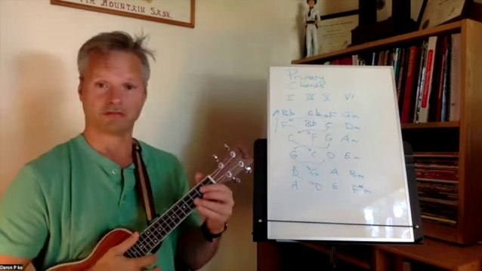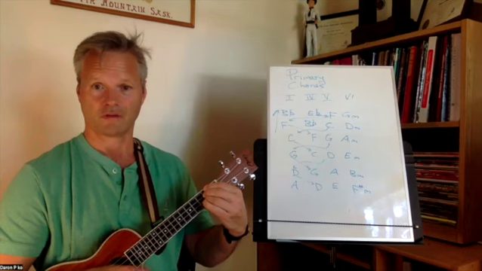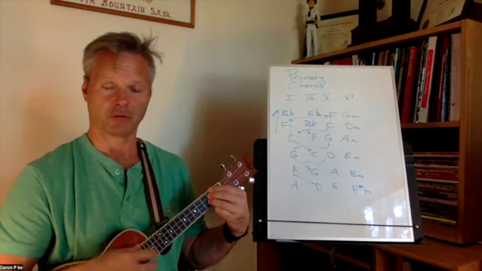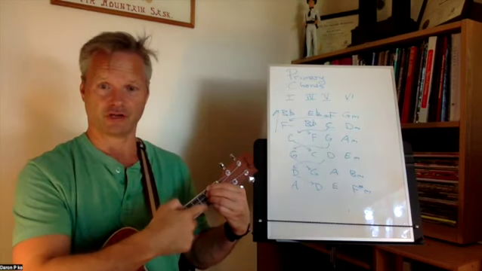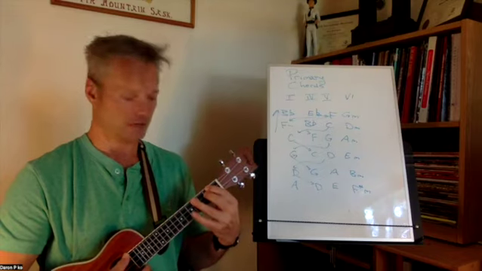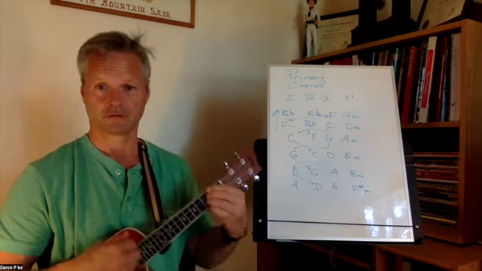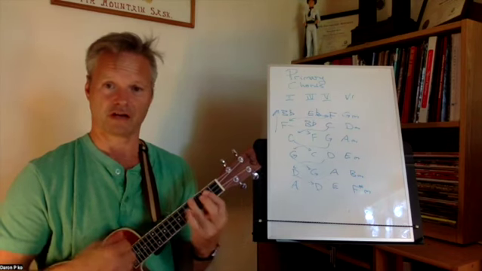In D, the relative minor is B minor. We have many of the same notes of the relative major in the relative minor. You've probably noticed that already. It'll be in our pictures a little bit. But here I've got a 2, 2, 2, and open for D. For the B minor, I'm going to grab a B here, the 4, and then a couple of those 2s again, and then a 2 up here. So D to B minor,